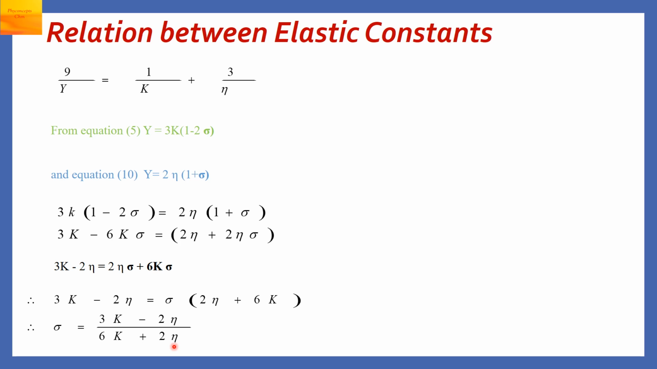So if any of the two constants are experimentally determined, then the remaining two constants can be found. So we have seen